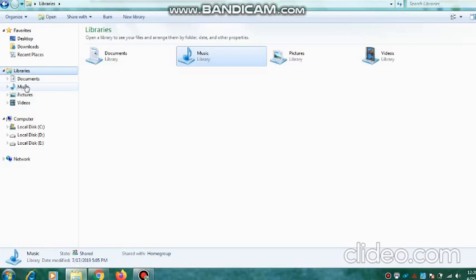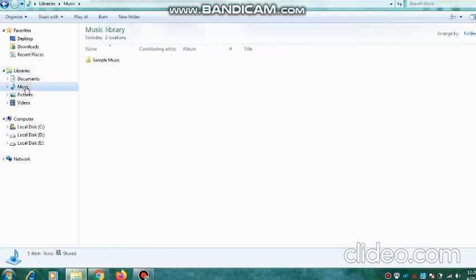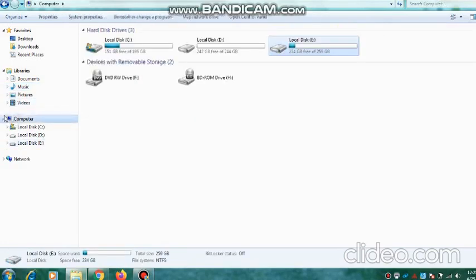And if I click on the music folder, there is one folder. Now if you see, when I click back on the black arrow, it collapsed. Whatever folders it was containing, like the libraries folder was containing the music folder and documents folder, all of that is collapsed. If I again click on the white arrow, it shows you the different options. If I click on the white arrow in front of documents, it shows the further subfolders in that. So when you click on the black arrow again, it collapses.